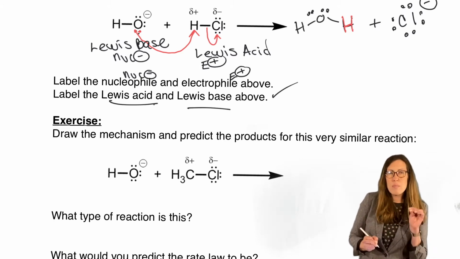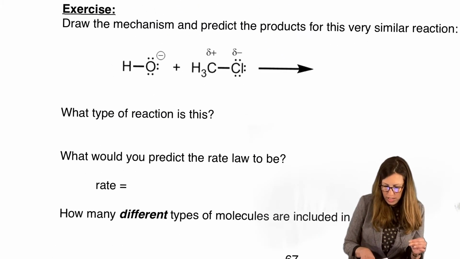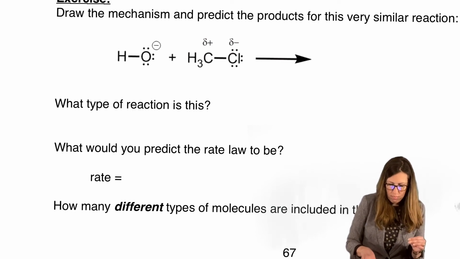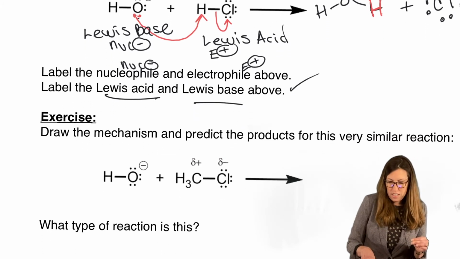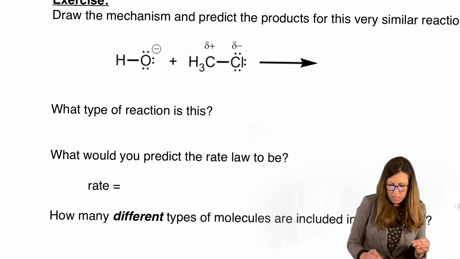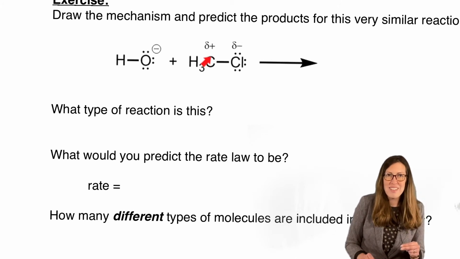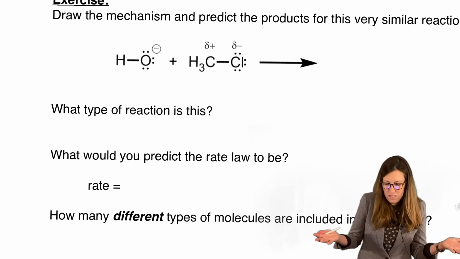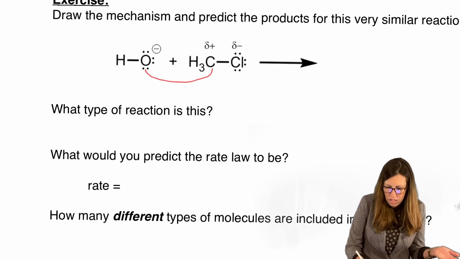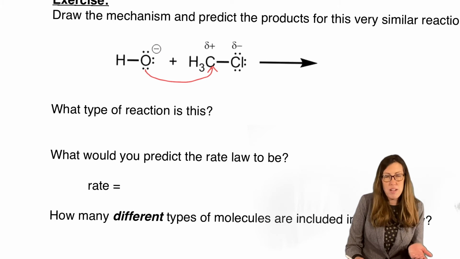Okay, so now let's make one small change. We're not going to do an acid-base reaction with this one little change. Do you see what I changed there? Instead of the H getting attacked, who has the delta plus? A carbon. It's very exciting because we're going to make a carbon bond. So, same rules dictate it. The negative is attracted to the delta plus on the carbon. Carbon already has a full octet, so it says you're not going to bond with me unless I let go of chloride, which it does.